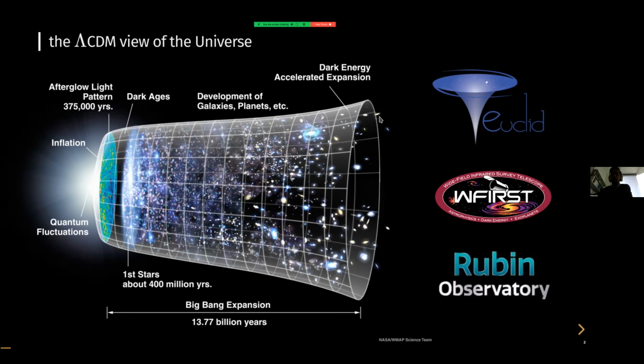So there is a new generation of surveys that are just coming online in the coming years that are especially designed to try to probe the universe at late time and try to understand the nature of this dark energy. And do this by essentially mapping the large-scale structure of the universe by looking at each of those galaxies that you see here. So here in Europe, we have the Euclid space mission that will launch in the coming years. And in the US, the Rubin Observatory is already under construction.